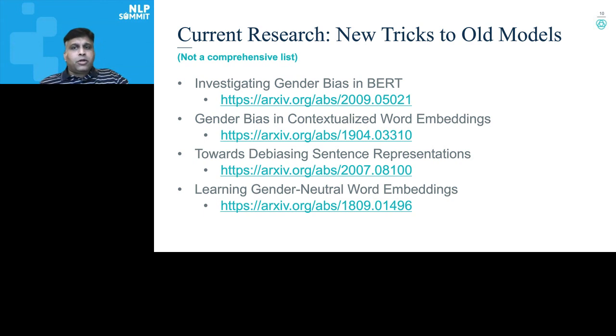These guys have proposed an algorithm that identifies gender direction in each BERT layer. And they show that removing the embedding components in such directions achieves greater success in reducing BERT-induced biases in downstream tasks. So you should definitely check it out if you are interested in learning more about how this research group has tried to reduce the impact of biases induced by your NLP pre-trained models. Similarly, there are a few other examples I've listed here. I will not be able to cover all of them in the interest of time, but